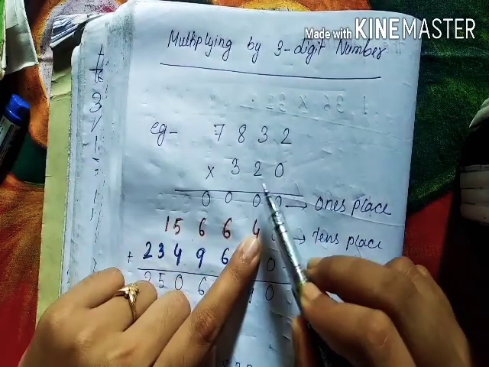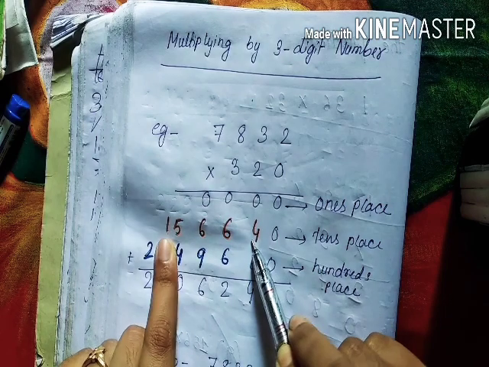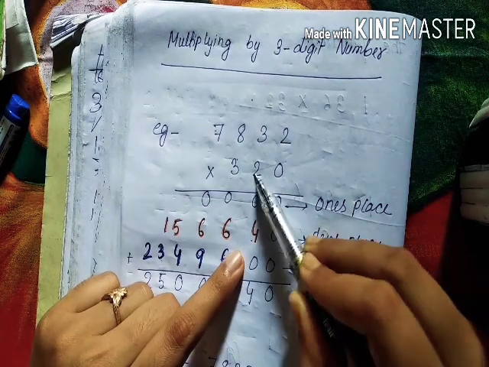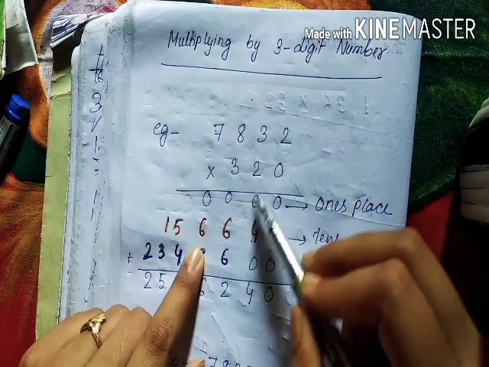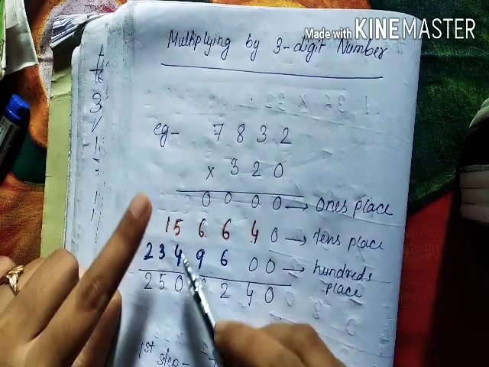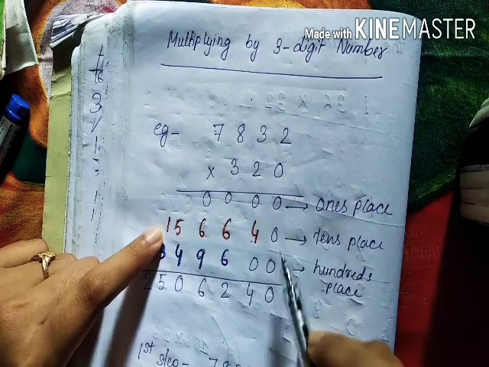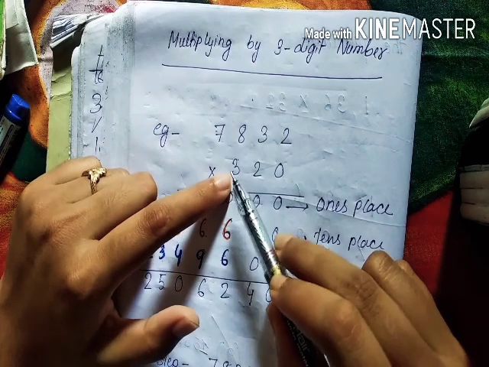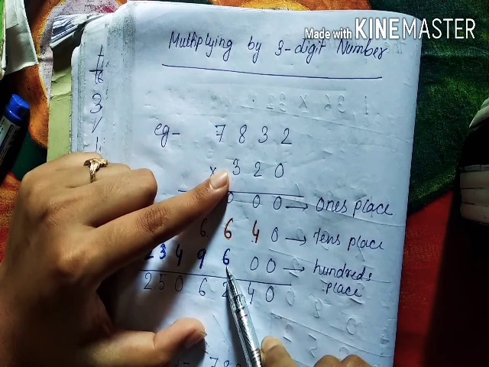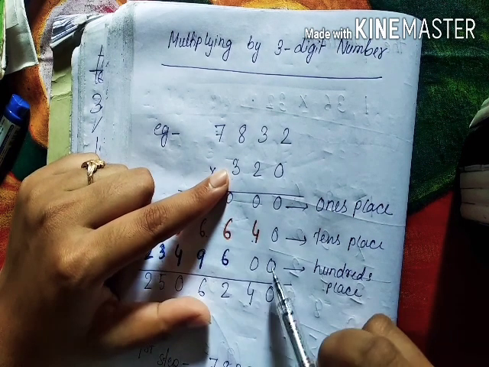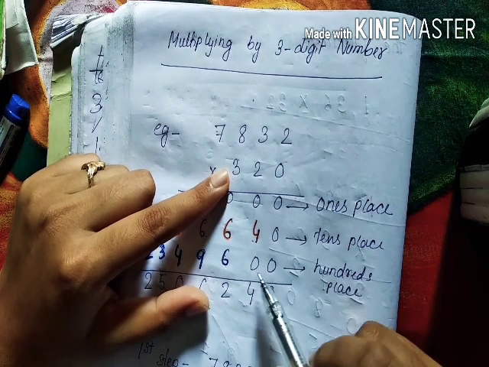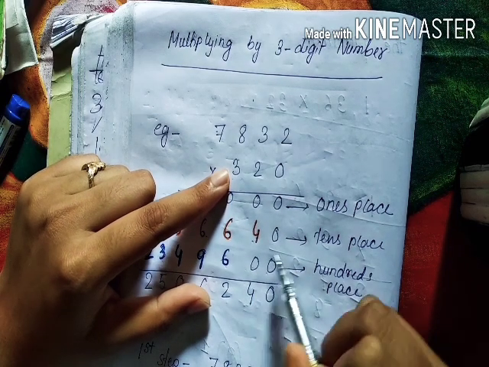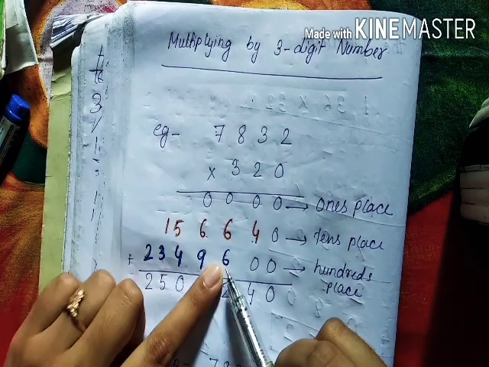So 2 2 ja 4, you can see the orange line is for tens place. So 2 2 ja 4, 3 2 ja 6, 8 2 ja 16, carry 1, 7 2 ja 14 plus 1, 15. Okay, so now we have to do what? Hundreds place. So we have to start from hundreds place, right students? So here ones place and tens place will be 0 and you will start from hundreds place.